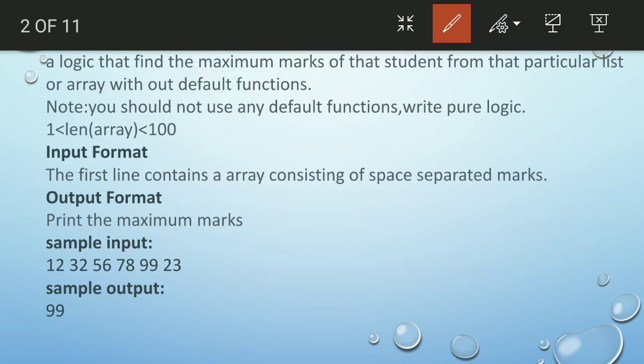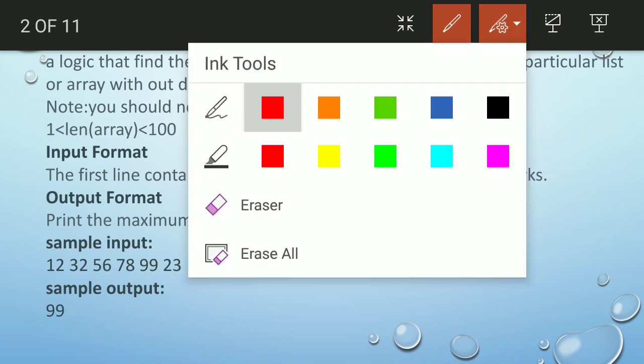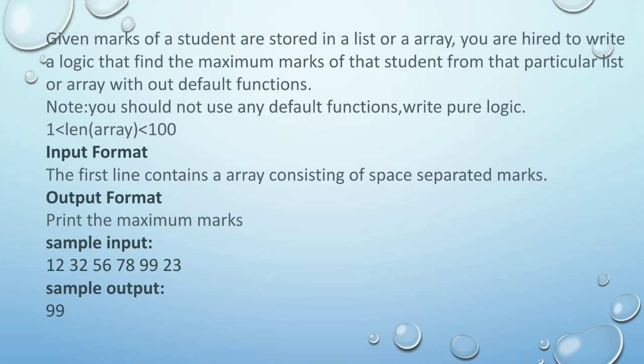In this way you have to take the problem and work out the logic for how we can proceed. We don't know what Wipro is going to ask in your exam, so I am preparing you so that you can get the logic from all these programs. The same question can be asked in a different manner, so you must be clear with your logic so that you can write any kind of code that will be asked in Wipro.